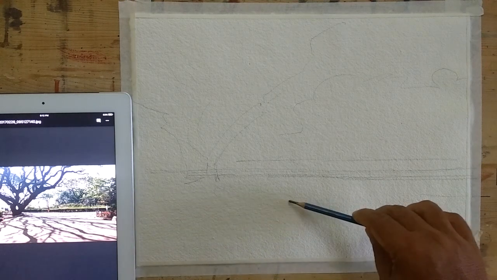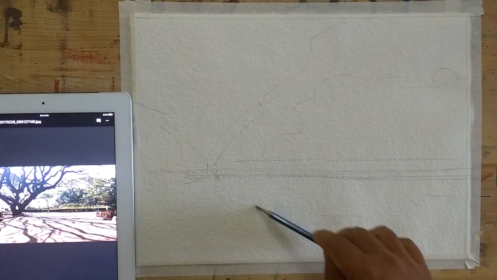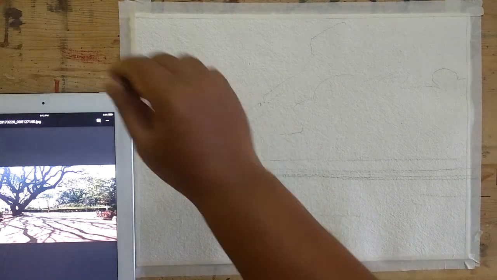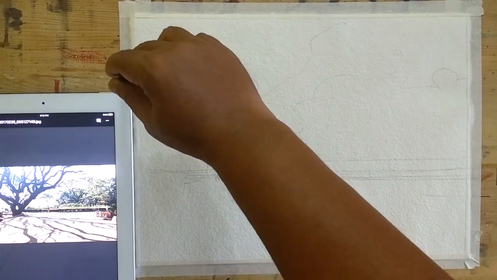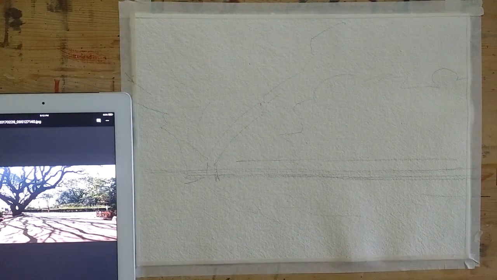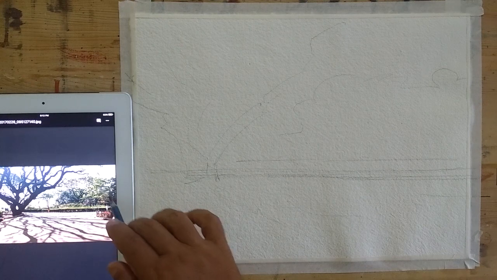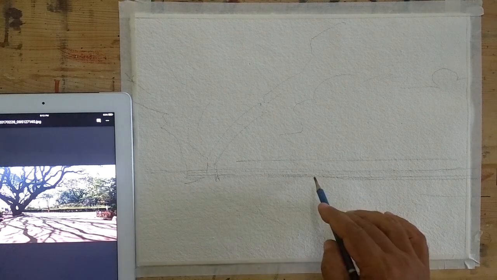I'm only interested in the direction of shadows. So this is the angle in which the shadow comes, so probably this is the angle from which the light falls. So we will have this particular indication. Since we will be drawing our own branches, we will then make our own shadows to match with the branch plus the light source. There are some other details which I haven't drawn, so we will add those elements